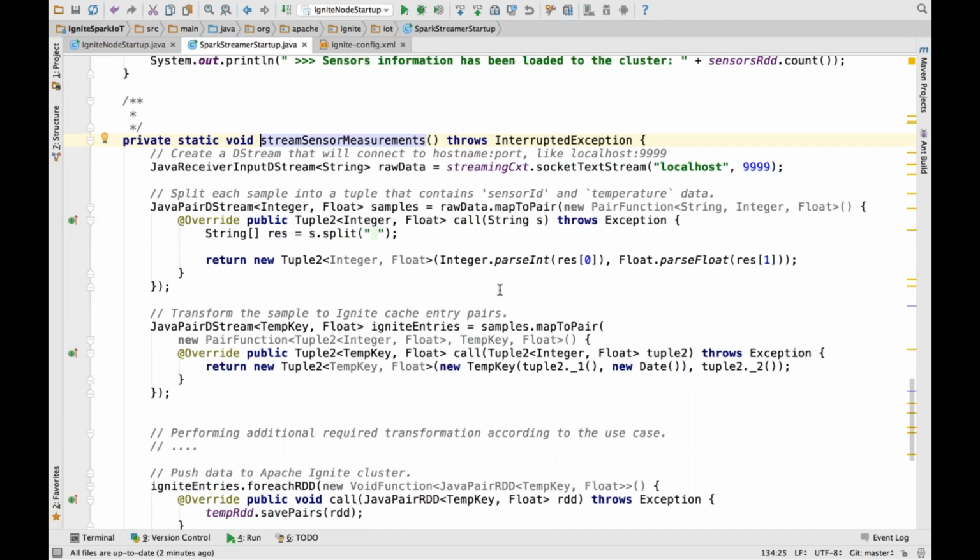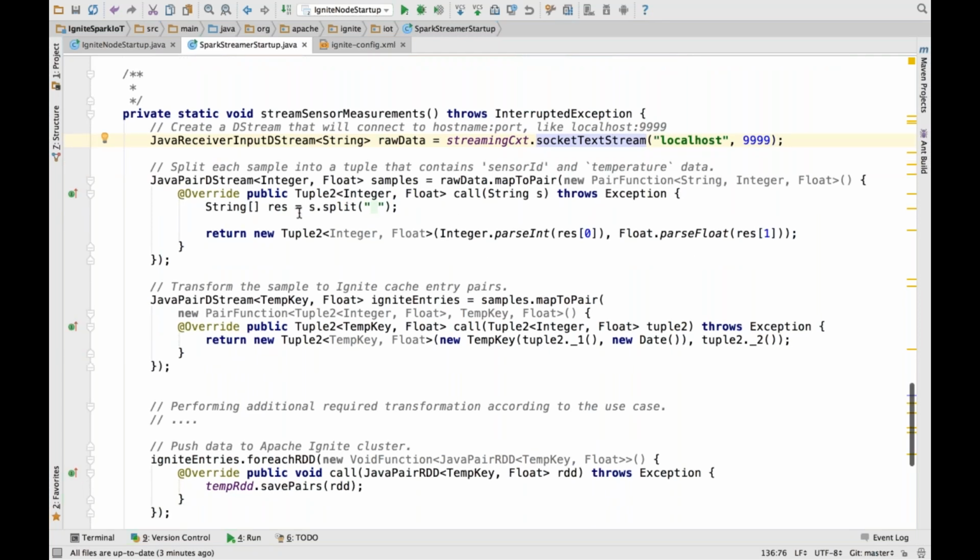Finally, once we preload the data, we want to start streaming the data from our edge devices to the Apache Ignite cluster. Here we are going to use Spark streaming APIs. We are going to connect to this localhost on this port number and receive data that will include the sensor ID and the temperature of the environment around this sensor.